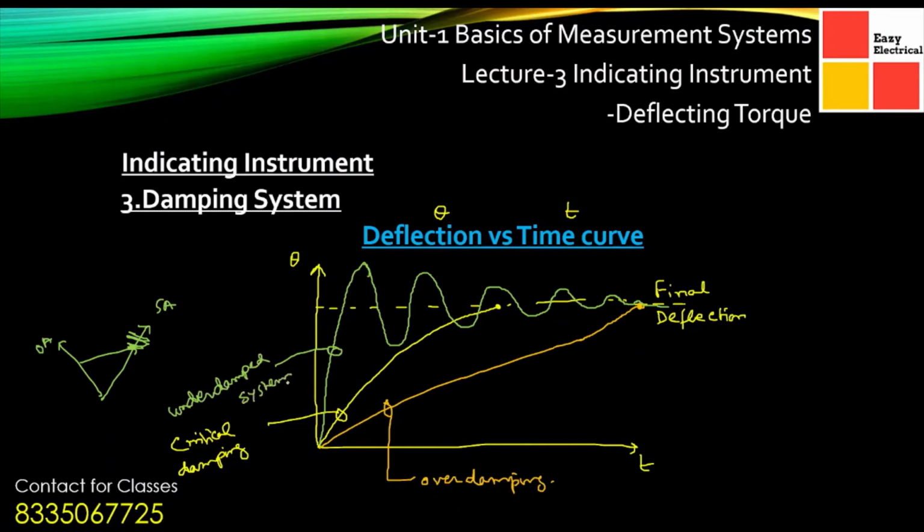So in whatever instruments we are using, we basically employ this underdamped approach, neither the critical damped approach nor the overdamped approach. Overdamping takes greater time to get to the final result. Critical damping gives the perfect result, but what happens there is, as there is a mechanical mass of the pointer, there is an inertia, and this inertia has an effect on the final output.